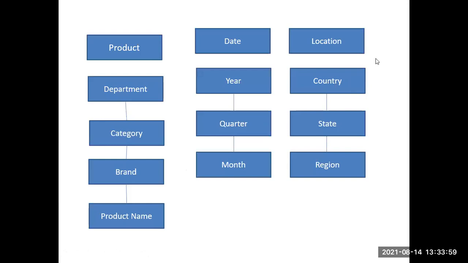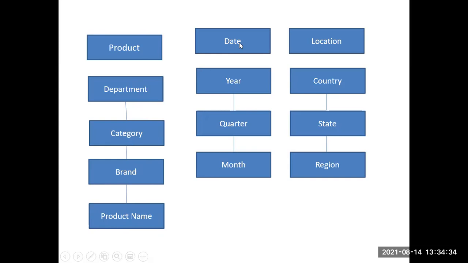Here is an example of dimension hierarchies for the product table. If we go to Big Bazaar, we think about what product we want to purchase: which department, which category, which brand, which product. So here we have dimension hierarchies. There are three examples: product, date, and location. For the product, how will the hierarchy work? Which product from which department you are going to take, after that what is the category, after that what brand it is, and what is the product name. I'll give that example also.